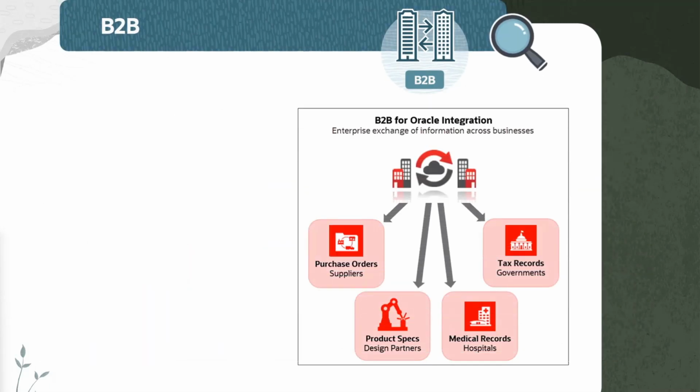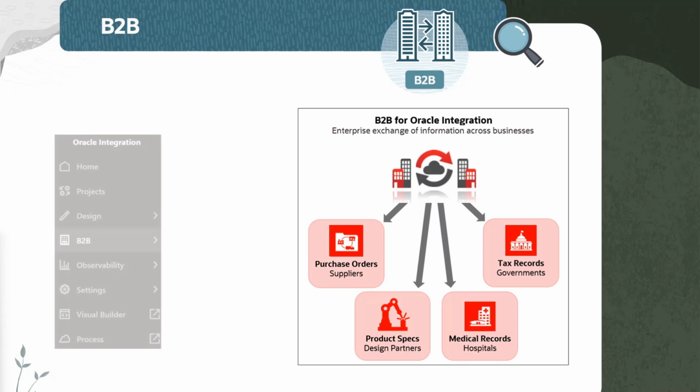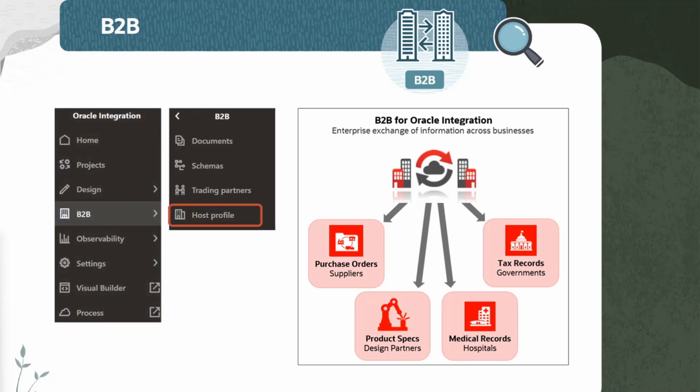B2B for Oracle integration provides support for business-to-business e-commerce, allowing you to communicate with trading partners by sending and receiving data from your integration flows. Now, from this menu, in addition to configuring the host profile for your organization, you can define one or more trading partners, along with all the schemas and document types you'll be exchanging, such as purchase orders or product specifications,